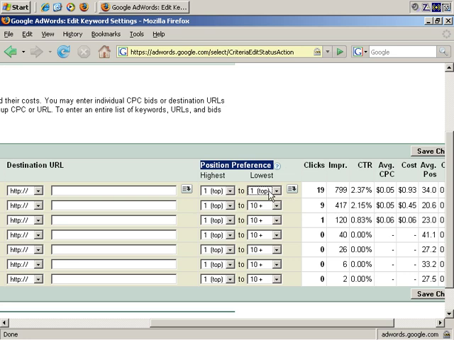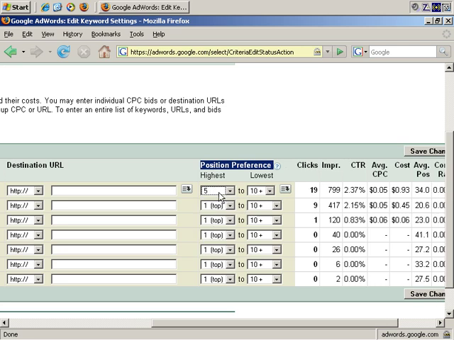This doesn't affect my maximum cost per click, so if my ad was going to appear in position 5 on a search, and I had this as a setting, it just wouldn't display, because as well as having to display, it will only display if it matches my position preference. So 1 to 10 plus is everything, so your ad would appear all the time. For example, let's say the ad appears in position 6 on a search, and you'd selected 1 to 4. Then again, your ad wouldn't appear,